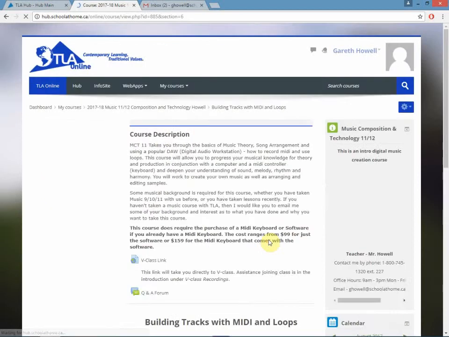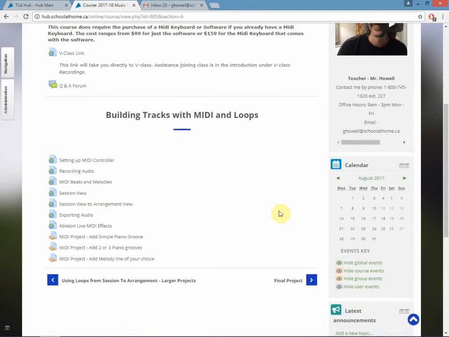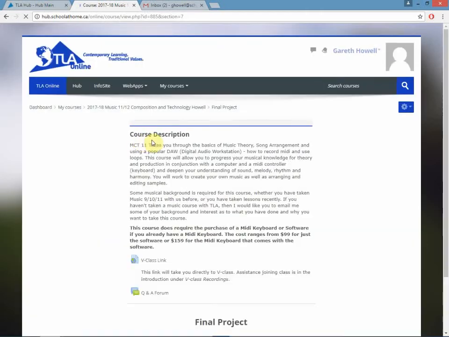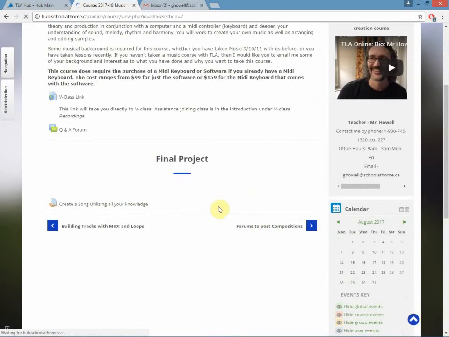And then finally, the last part of the course is building tracks with your own MIDI loops. This is using the keyboard after you've played around with it throughout the course. But you basically have to add your own parts to a pre-recorded song and then record an arrangement. So you get into composing your own music as well. After you learn how to compose your own music and build arrangements, you will work on your final project,